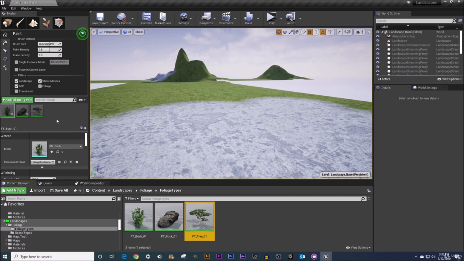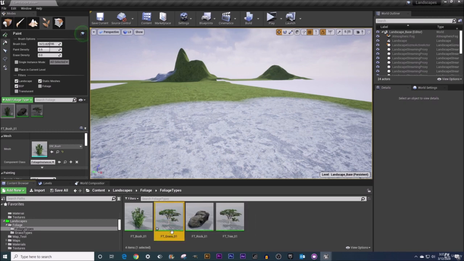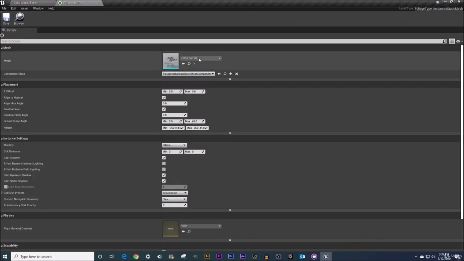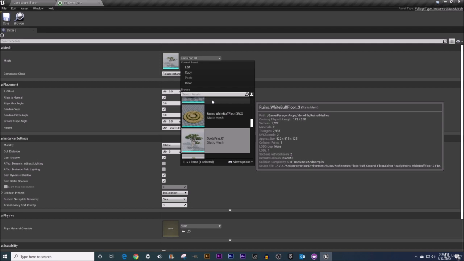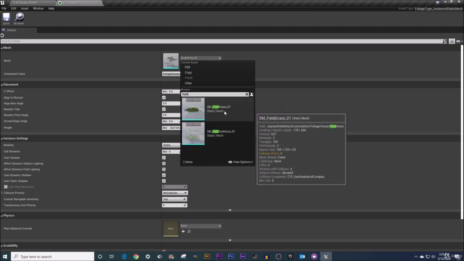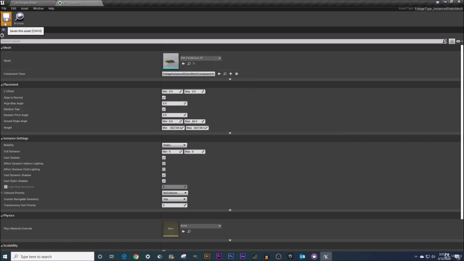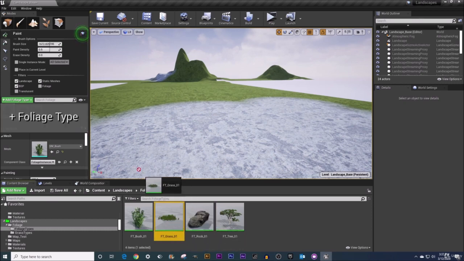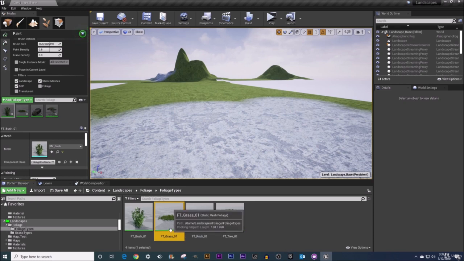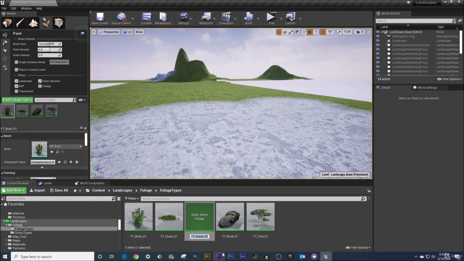And then lastly, we're going to be creating a couple more foliage types here, and I'm going to take a little shortcut with my FT tree highlighted here. I'm just going to do Control+W. We're going to duplicate that, although I'm going to change out the name here to be FT grass _01. I'm going to open up this guy and dock that across the top. I'm going to change this one to be field. SM Field Grass, that is also in the Kite demo pack. I'm going to save that out, close that out, and then drag and drop this up to our list of foliage types. And then with this guy highlighted, I'll show you the other way to duplicate. You can simply right-click on it, duplicate, and this one I'm going to call FT _fern